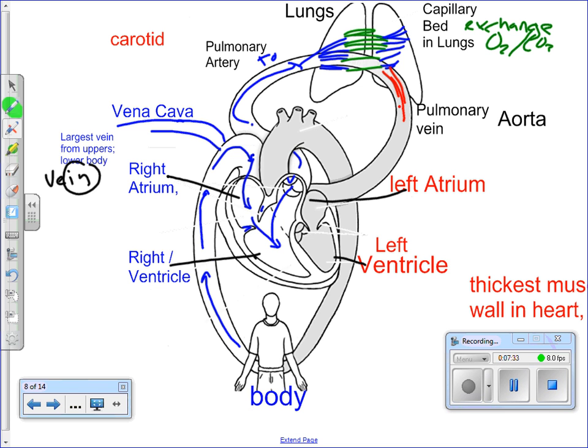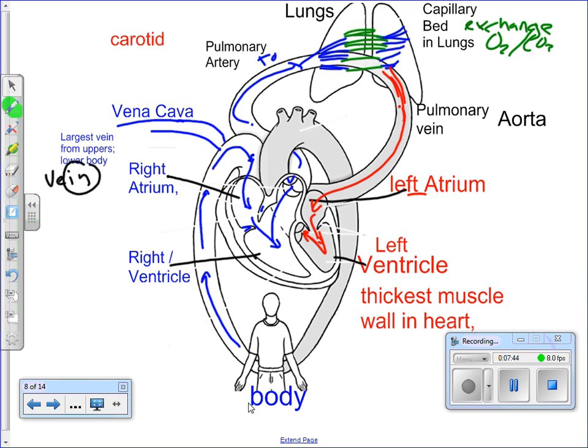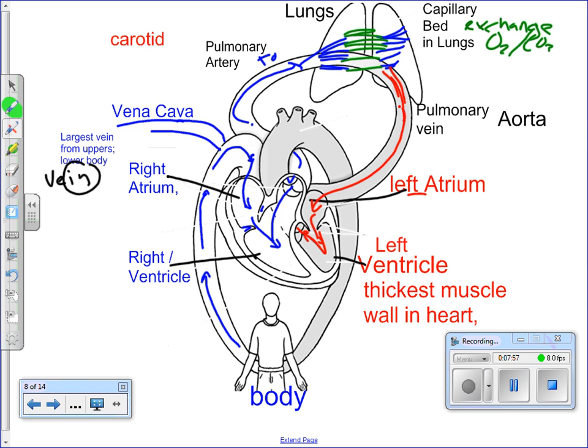So the pulmonary vein will come into the left atrium through this valve to the left ventricle. And then the left ventricle has to pump to the whole entire body. So the left ventricle has the thickest muscle wall in the heart. It's the biggest chamber because it has the biggest job. And so then with one big squeeze, this goes through kind of behind these other things up into this largest